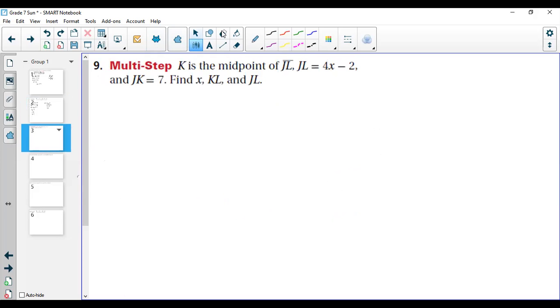Moving to another question. Now here we of course need to draw a picture. So K is the midpoint of segment JL. So let me draw a line. Let me name it as, what am I going to name this as? KL or JL? I'm going to name it as JL because they already gave us the segment is JL. And K is the midpoint. Now this word here, midpoint, means exactly in the middle. The point exactly